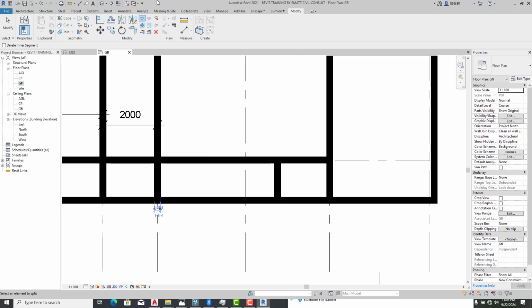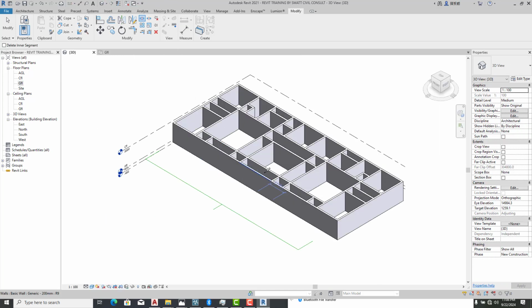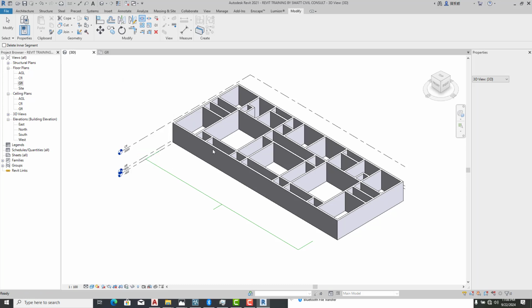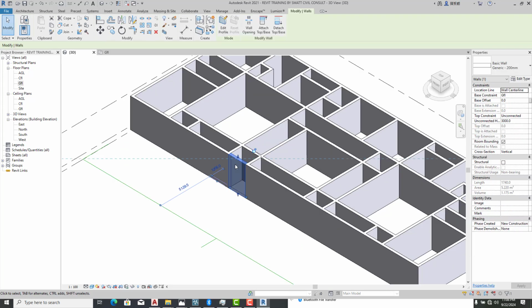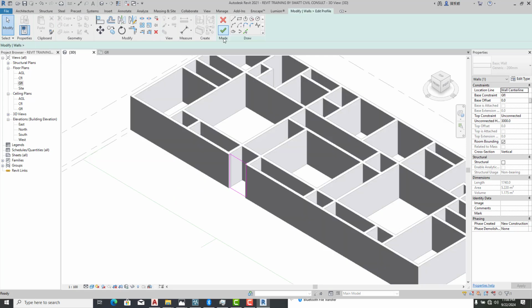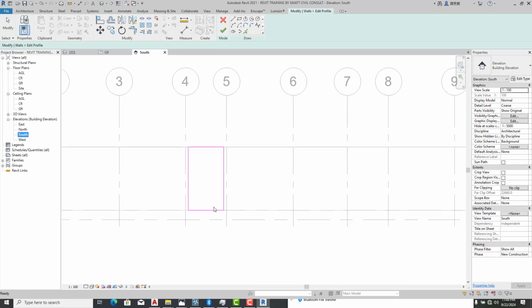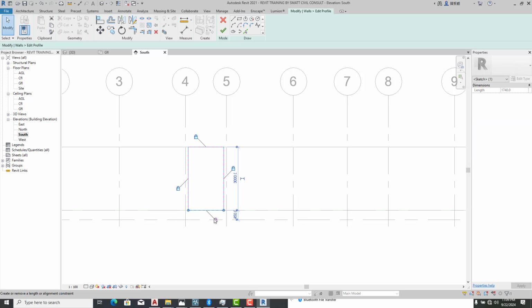Split here. So this is what we have done so far. If you want to cut an archway here now, come to the south view. Now come to the south view, click. You unlock this one, you put it at